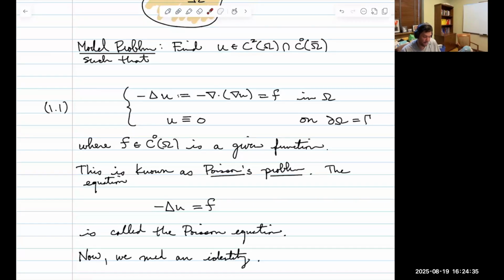Is it unique? It's not hard to prove that it's unique, but it is hard, at least in this context, to show that it exists. We're going to come back to that once we talk about what are called Sobolev spaces. Some of you have seen Sobolev spaces before and some of you have not. So I'm going to make our discussion of these Sobolev spaces, a particular type of function space, fairly self-contained